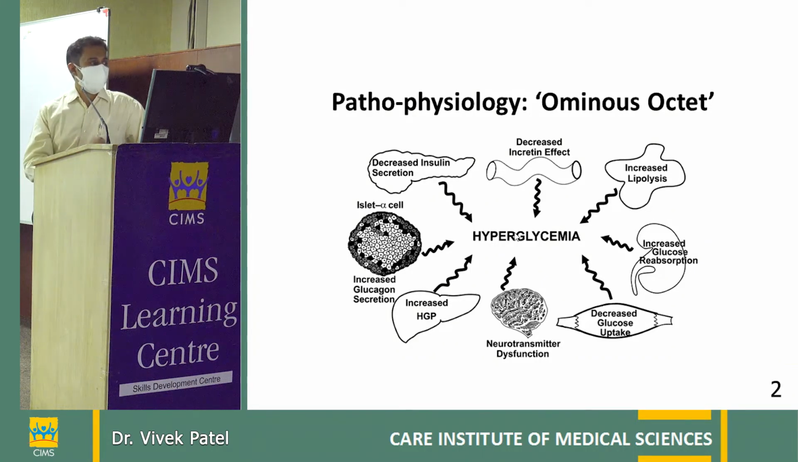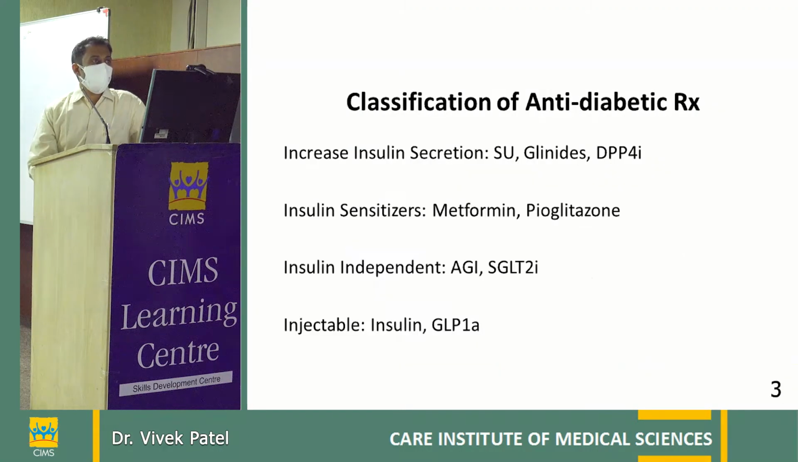Starting from the beta cell dysfunction, there is a decrease in insulin secretion, and alpha cell dysfunction leading to an increase in glucagon secretion. Also, there is a defect in the incretin effect, and insulin resistance, which is present at the level of liver, muscle, and adipose tissue. Also, at the level of kidney, there is increased reabsorption of glucose, and neurotransmitter dysfunction, which is the central level defect. So, with the different anti-diabetic medications, we try to address each of these pathophysiological defects by